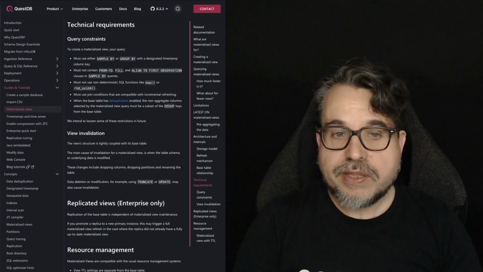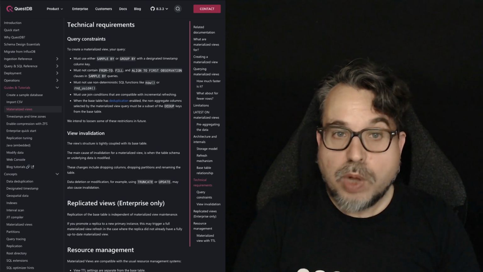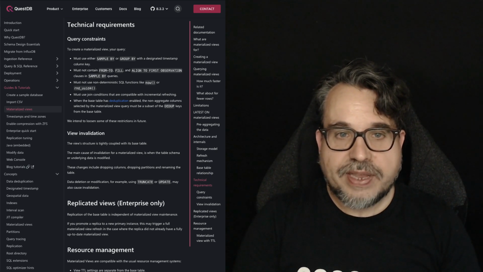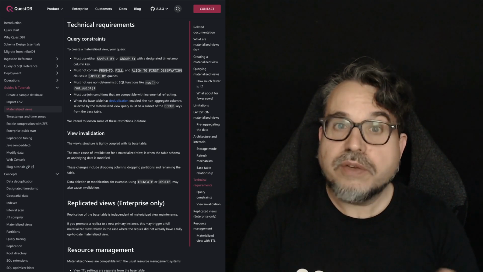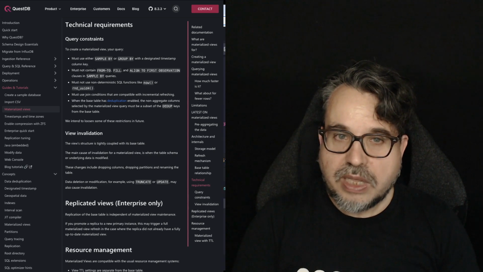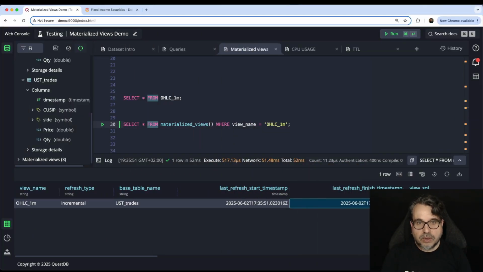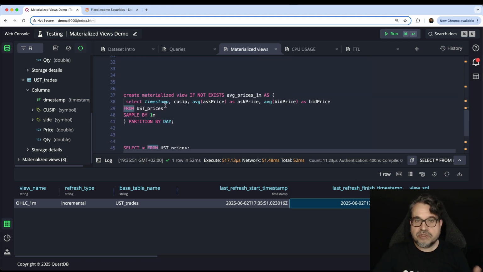So if you check the documentation, you will see we tell you to avoid window functions, or to avoid many as-of joins in materialized views. And I'll tell you later the workaround for how you can do this using materialized views and still have window functions and so on. So for now, let me just go and create the rest of my views.